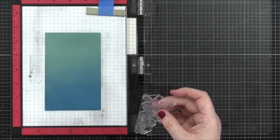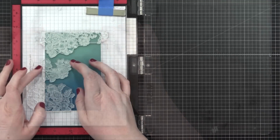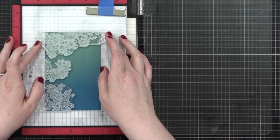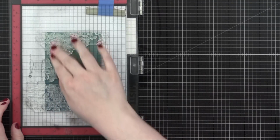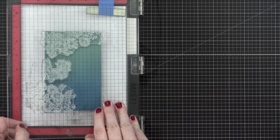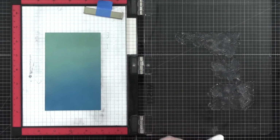Then I'm going to take the flower images from the stamp set and I'm going to start arranging them going around all 4 sides and just kind of filling in those gaps and nestling them in right next to each other. And this works really, really well because they kind of have some pieces that are sticking out and you can nestle them into the other pieces on other images. So I picked those images up with the door of my Misty,